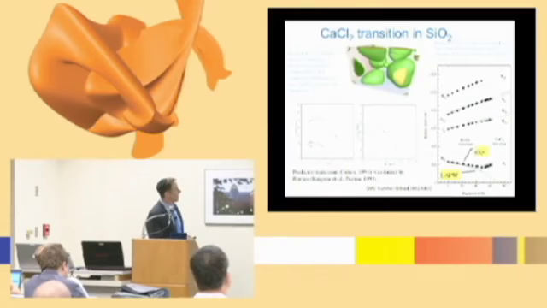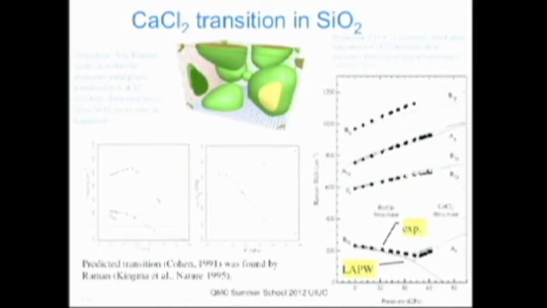This is another DFT example, a more complicated material, stishovite in the SiO2 structure. It was believed to have possibly a very high pressure phase transition, but nobody knew where it was going to be. We did calculations that showed that there was a transition at about 50 GPa, and that it should be detectable by seeing this Raman mode go down in frequency and then go up as you went past the phase transition. This is an important material as it's the simplest high pressure silicate that can form in silica-rich